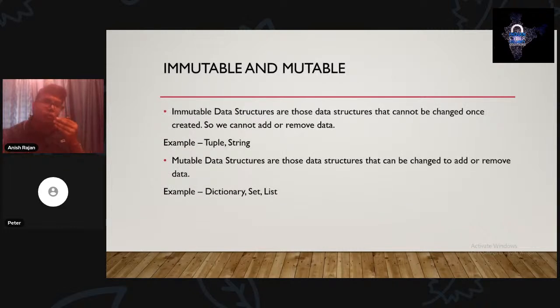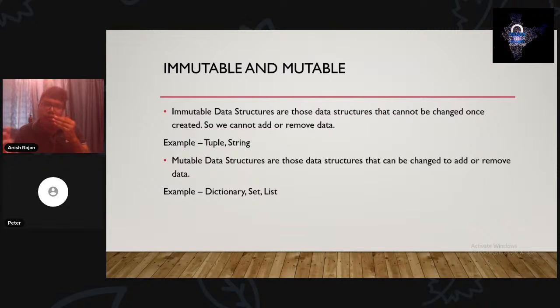Now we come to what is immutable and mutable. Immutable data structures are those that cannot be changed once they are created, so we cannot add or remove data. Examples of immutable data structures are tuple and string. Mutable data structures are those that can be changed, meaning we can add or remove data items. Examples are dictionary, set, and list.